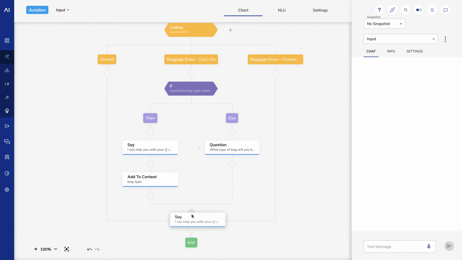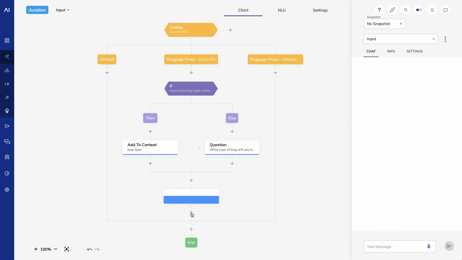I'll move my say node under the then and else branches, so the logic works like this. If the user has mentioned a bag type, I'll add it to the context and say, "I can help you with whatever bag you mentioned." If you didn't mention a bag, I'll ask you what type of bag you're bringing, and then the same say node will execute.